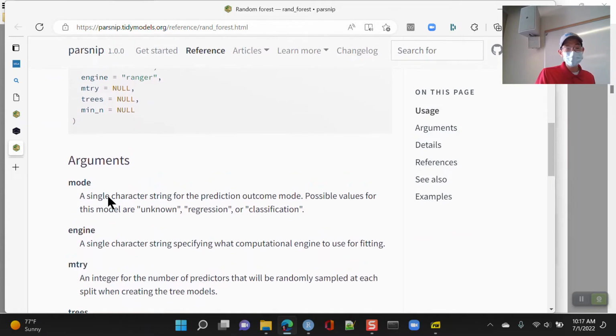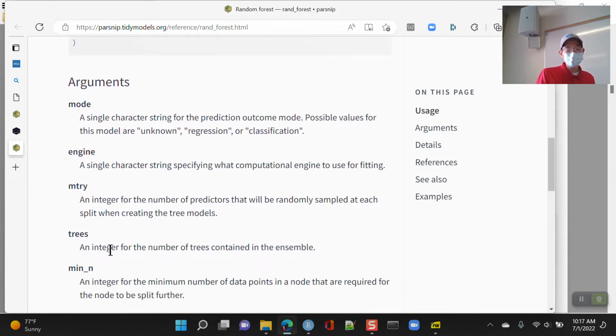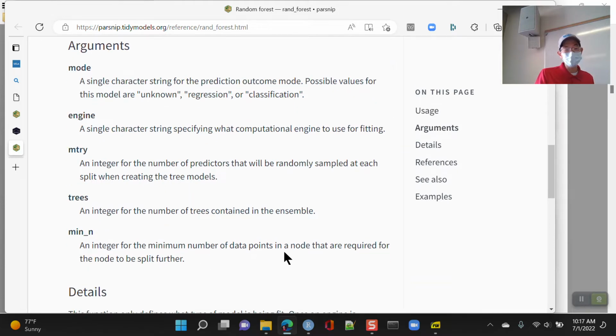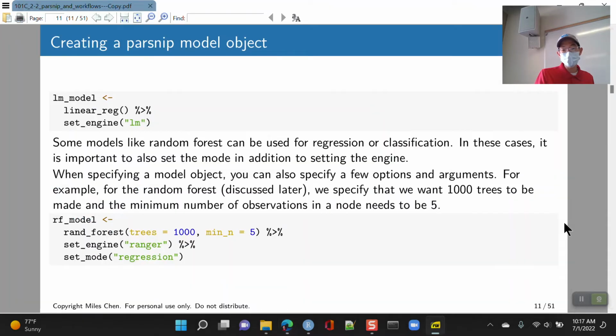Okay, and we've got mtry for the number of predictors that will be sampled in each tree, and then how many trees, and the minimum number of data points in a node, which will be min n here. So that's what we have here. Okay,